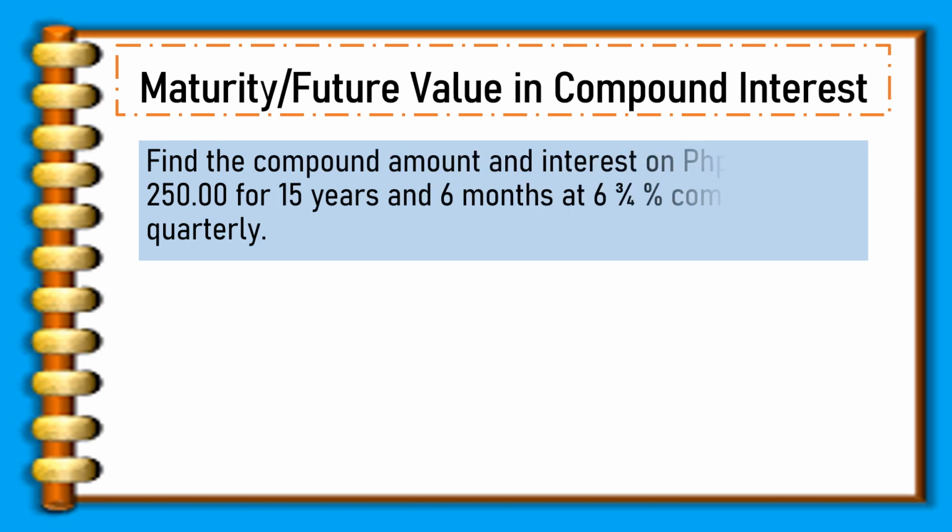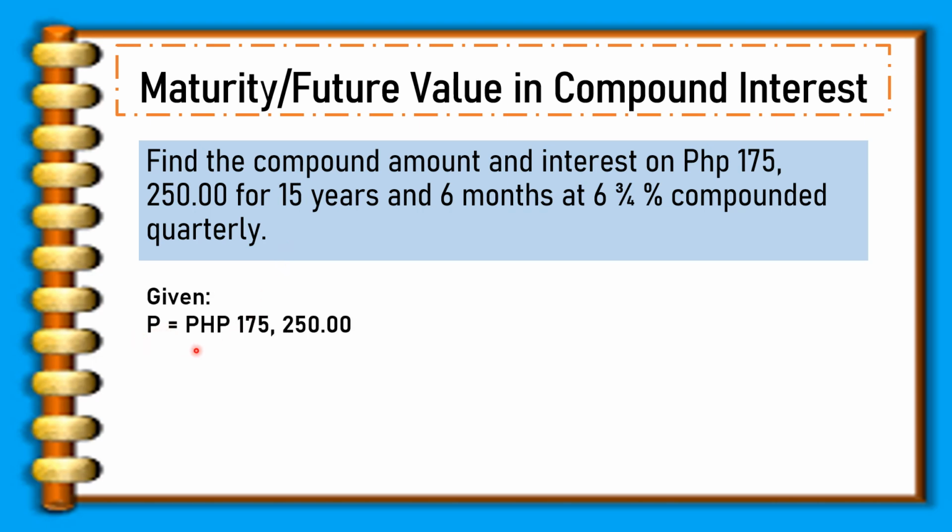Let us now analyze the given problem. Find the compound amount and interest on 175,250 pesos for 15 years and 6 months at 6 and 3/4% compounded quarterly. Here are the given. Present value of